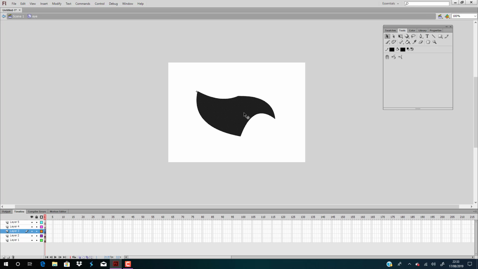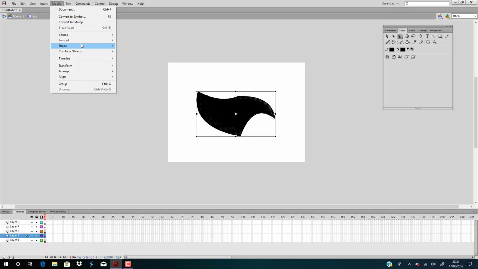Then just get the free transform tool, which is here, or Q on the keyboard, bring it down like that, and on layer 2 just go modify, shape, expand,